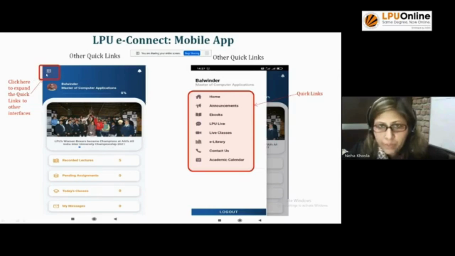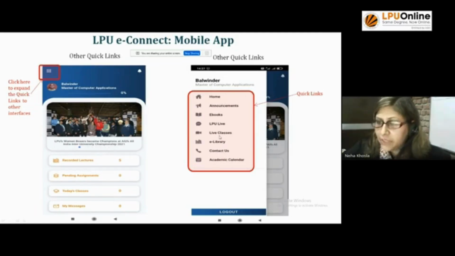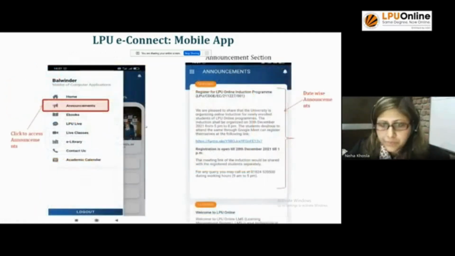उसके लिए ये ऊपर जो टॉप का बार है, टॉप सेक्शन है, यहाँ पे क्लिक करने पे आपका ये जो जितने भी अदर क्विक लिंक्स हैं ये ओपन हो जाएंगे। व्हाट यू हैव अंडर दिस, होम है, जिस पे क्लिक करने पे आप वापस अपने डैशबोर्ड पे आ जाएंगे। अनाउंसमेंट्स हैं, ई बुक्स हैं, एलपीयू लाइव एक्सेस कर सकते हैं, क्विक लिंक टू लाइव क्लासेस, आप अपनी लाइव क्लासेस भी ऐप थ्रू अटेंड कर सकते हैं। ई लाइब्रेरी इज देयर, कॉन्टेक्ट अस, एकेडमिक कैलेंडर, ये सारे जो क्विक लिंक्स हैं आर अवेलेबल इन योर ऐप।